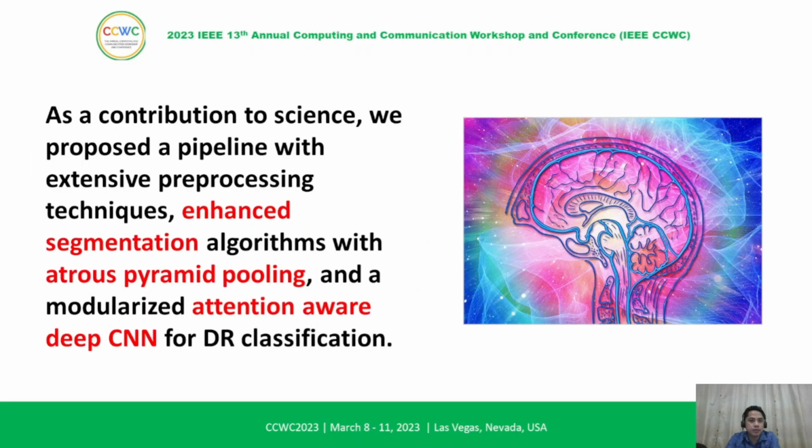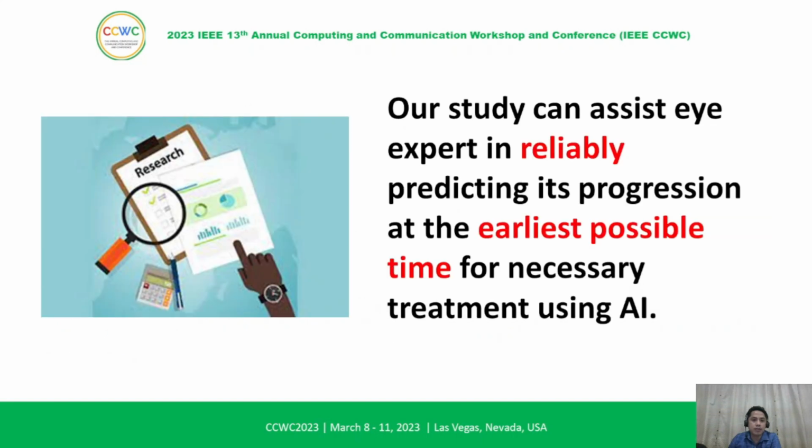As a contribution to science, we propose a pipeline with extensive pre-processing techniques, enhanced segmentation algorithms with atrous pyramid pooling, and a modularized attention-aware deep CNN for diabetic retinopathy classification. So our study can assist eye experts in reliably predicting its progression at the earliest possible time for necessary treatment